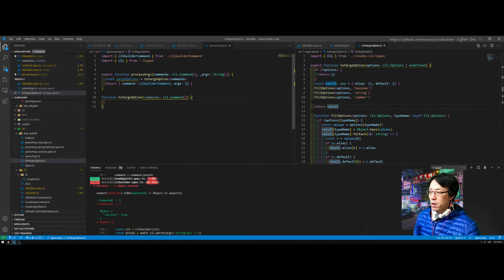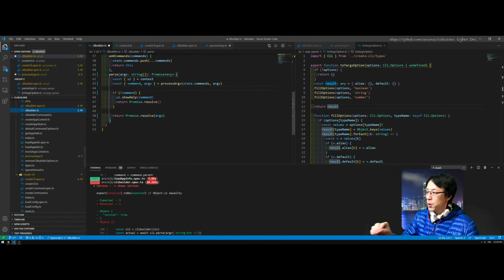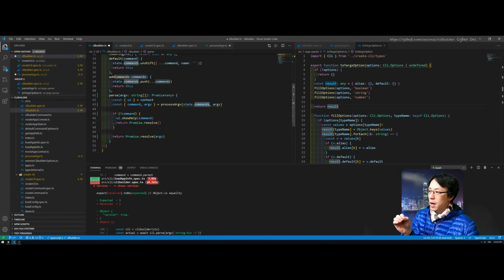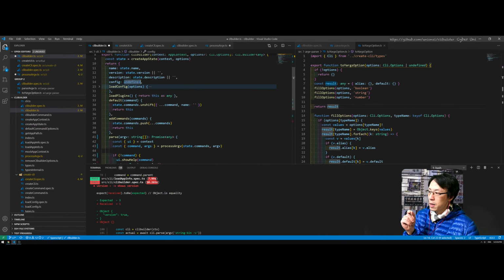So over here, the commands can be empty. Well, actually, should it be empty? And that's the question to the CLI builder. When it comes in, I have this code, right? And